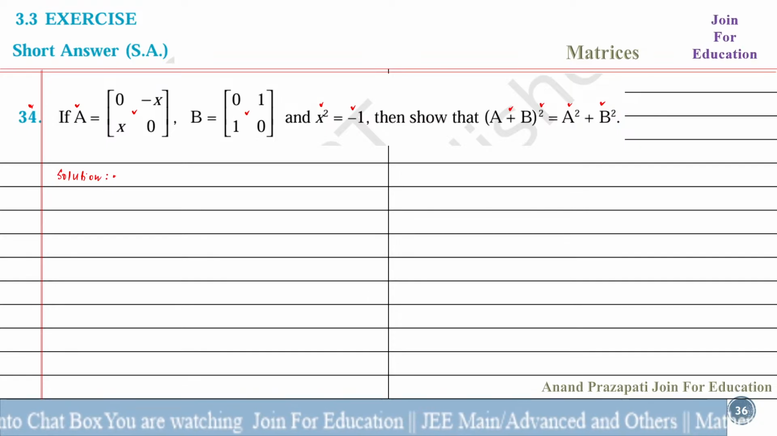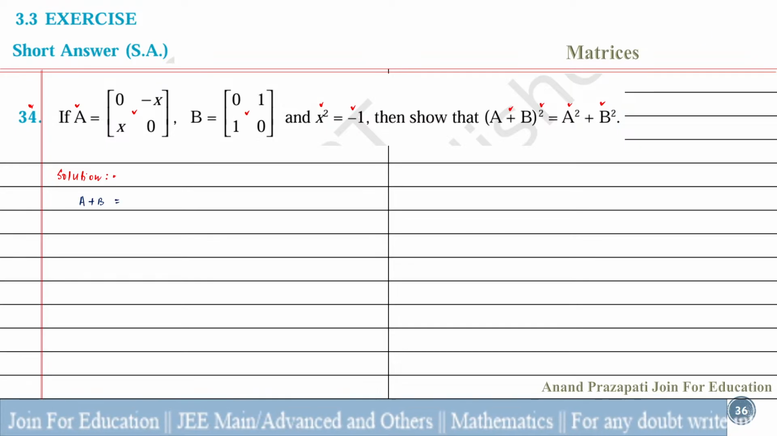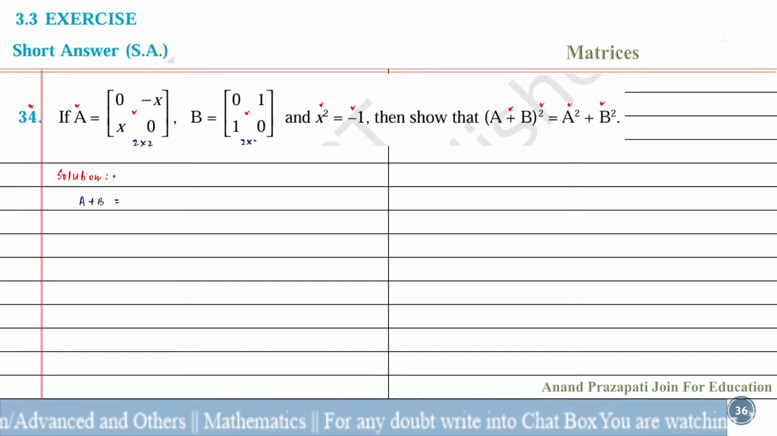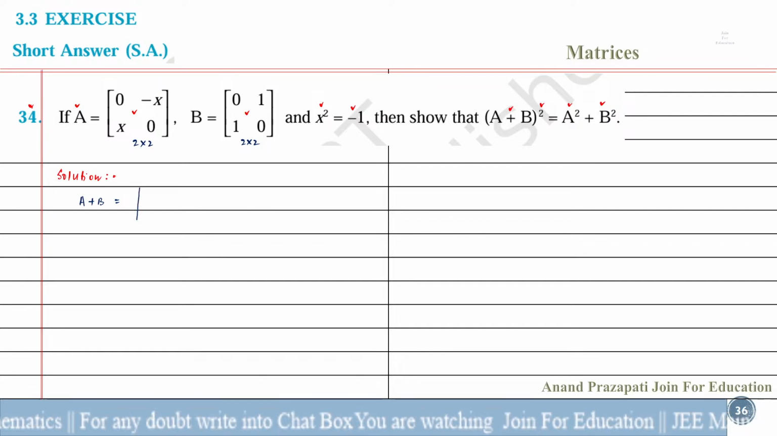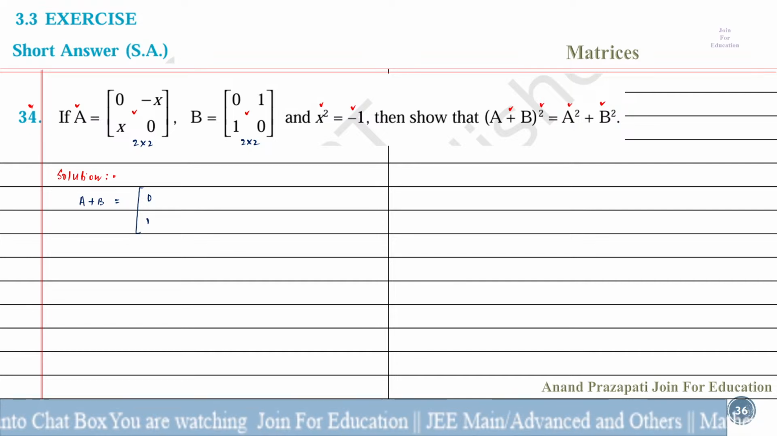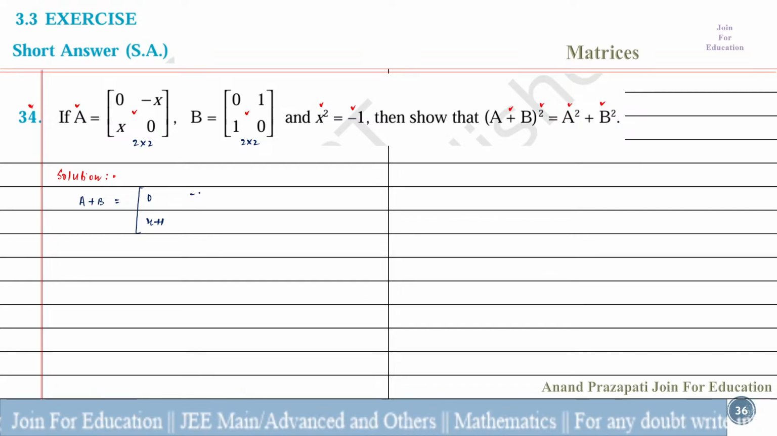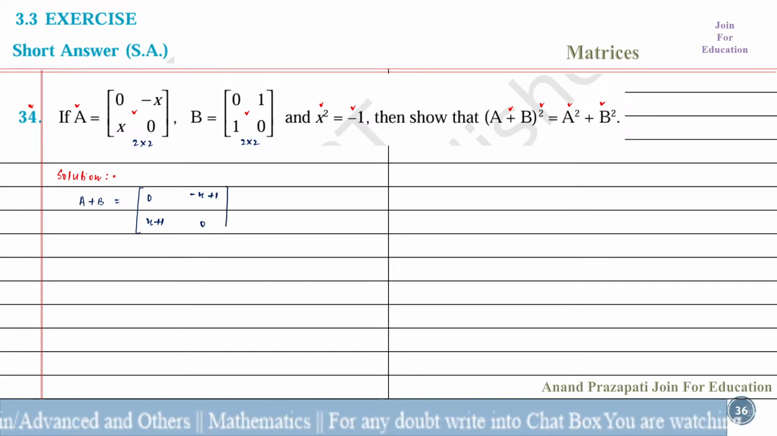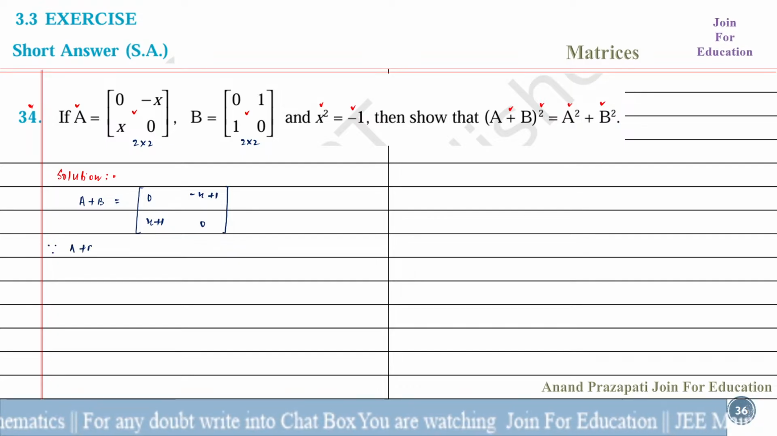So we find out here A plus B. Order of A is 2 by 2 and order of B is also 2 by 2. Therefore, addition of A and B is possible. So we write down here 0 plus 0 equal to 0, x plus 1 equal to x plus 1 and minus x plus 1, 0 plus 0 equal to 0. Therefore, A plus B whole square